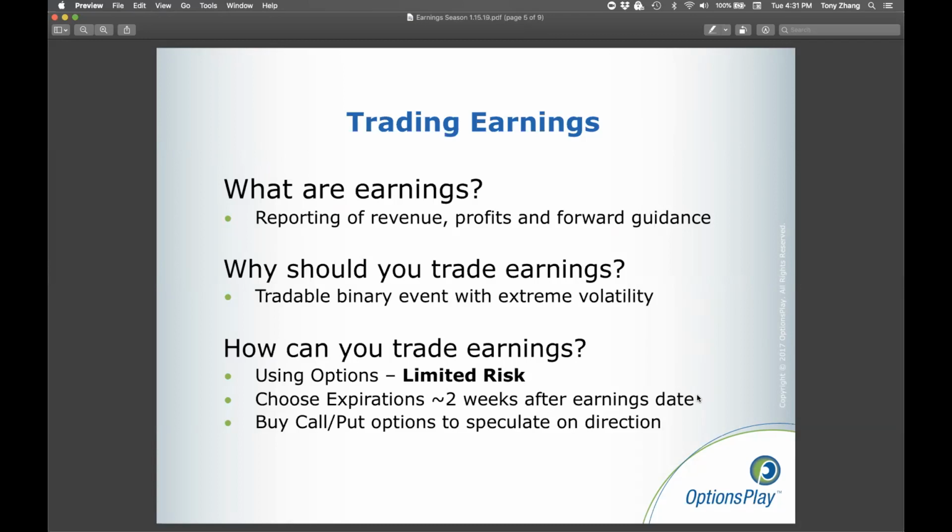Now, you can view this in two ways. You can utilize that extreme volatility to potentially profit from it, or you can think of volatility as bad for your portfolio. For the users that are trying to trade earnings, they're really trying to harvest that extreme volatility to try to make a large amount of profit in a very short amount of time. That is the goal of someone trading earnings, is to try to make a large profit in a very short amount of time, because you effectively get an instantaneous repricing of a stock based on the report that comes out.